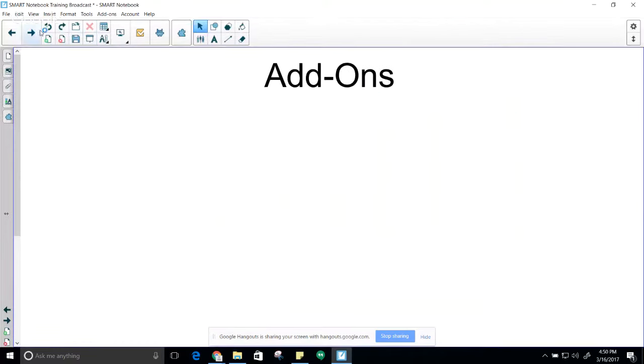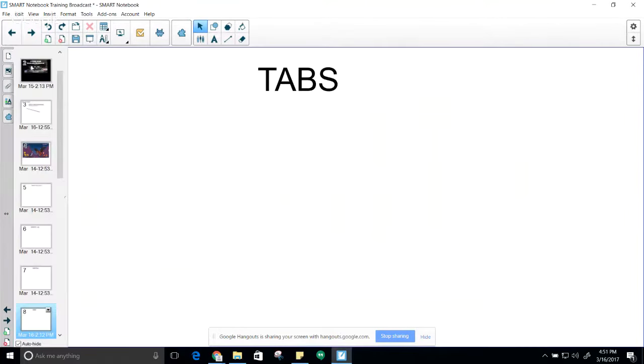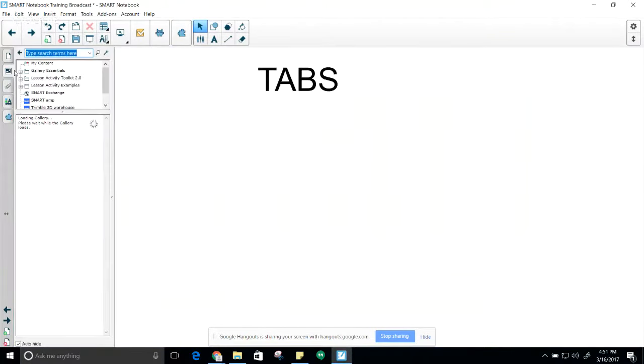When you're making slides and you're moving along, how does all this work? Well, real important part is your tabs. Right here, your tabs will open up and show all the different pages you've got in your notebook. Highlights them in blue where you're at. So when we go through the tabs, this is where you're going to find all the stuff from your gallery